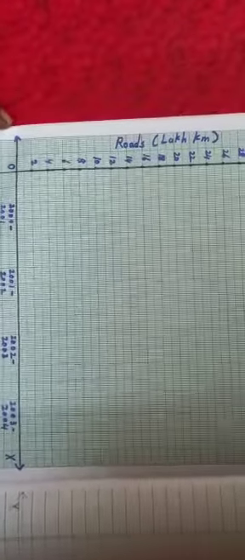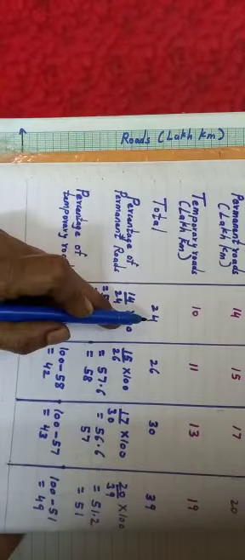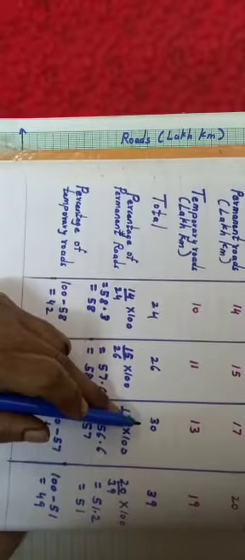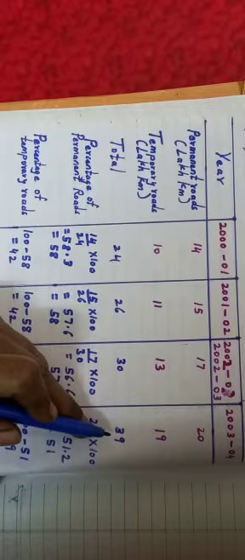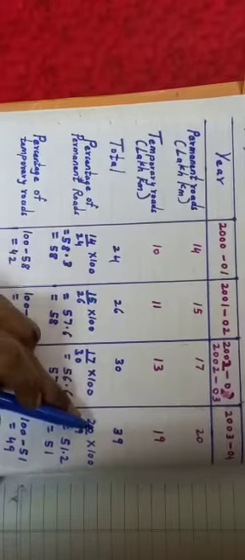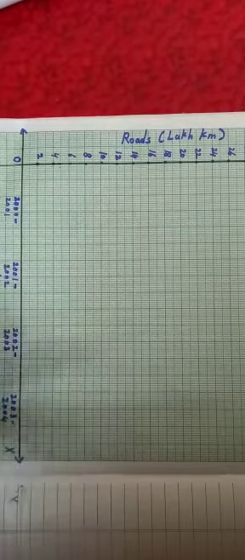Now for the subdivided bar diagram, as I told you, first we will show the total. This is a very simple way to do it. First we will show the year 2000 to 2001. You have to show total 24. For 2001 to 2002, total 26. Then 2002 to 2003, 30. And 2003 to 2004, 39. So 24, 26, 30, 39. This total we will show first. This is the easiest method of drawing a subdivided bar diagram.